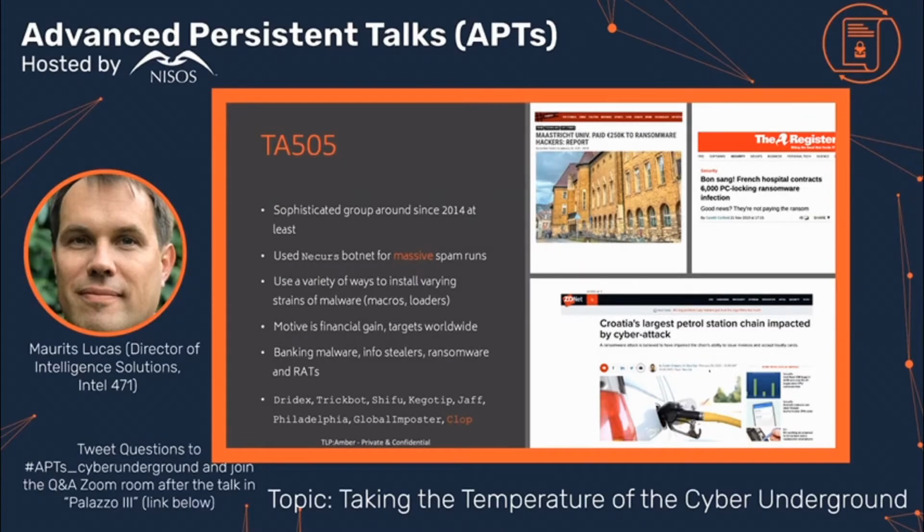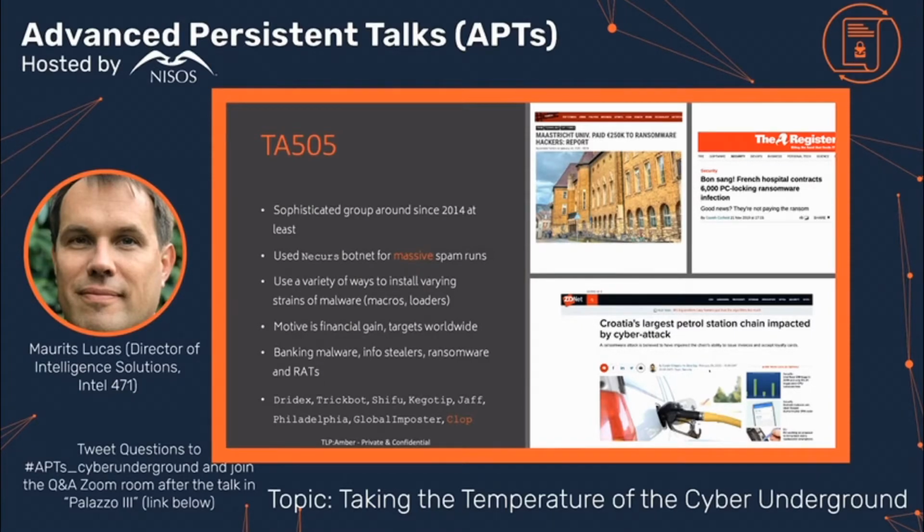And their targets are organizations all over the world. We see them targeting countries and organizations basically across the globe. They're very sophisticated, they're very mature, and they have a very broad reach. The malware that they've actually used, so the eventual malware that gets dropped onto the machine, has been a mix. It's been banking malware, also info stealers, remote access toolkits,